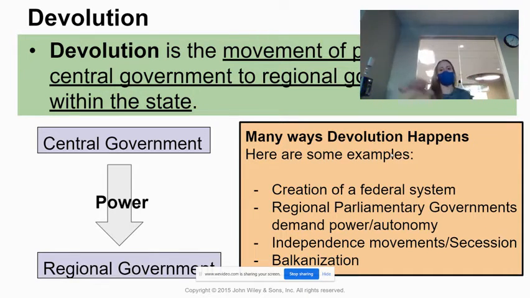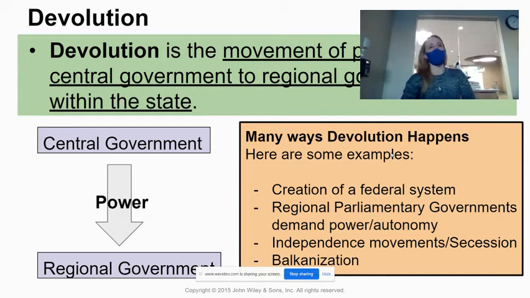Your third note section had information about unitary and federal states, which was our focus last week. It had a bunch of information about devolution. And then it also had information about electoral geography, which we haven't reviewed in class yet, but we will be reviewing this week. So there's a lot to that middle section of your note taking. But today and tomorrow, our focus is going to be on the concept of devolution.